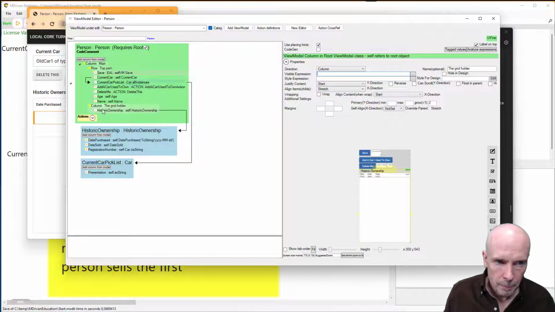This way, when I talk about the definition of my view model, I get a little bit richer language, and